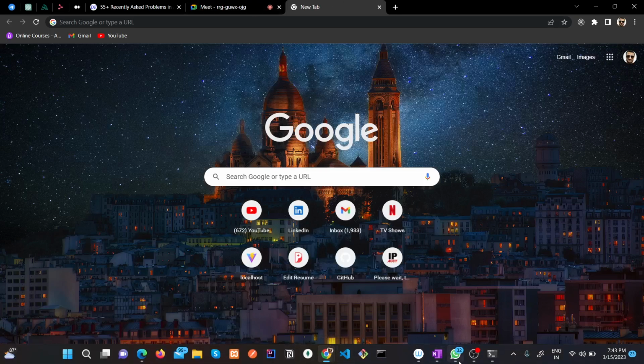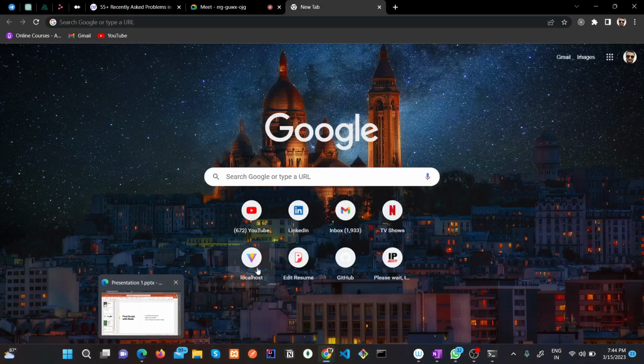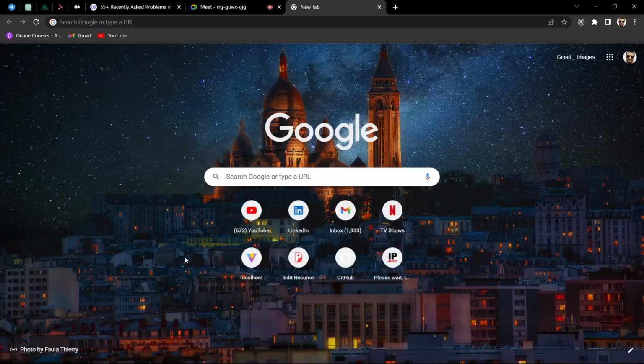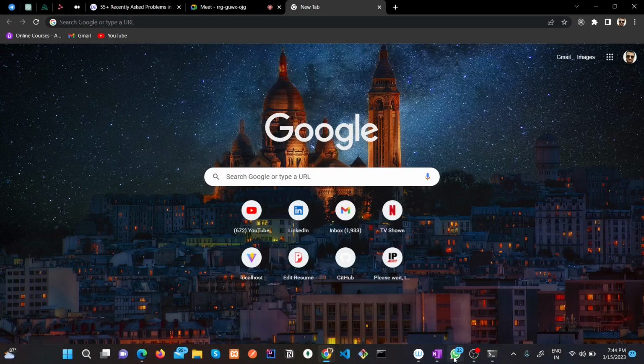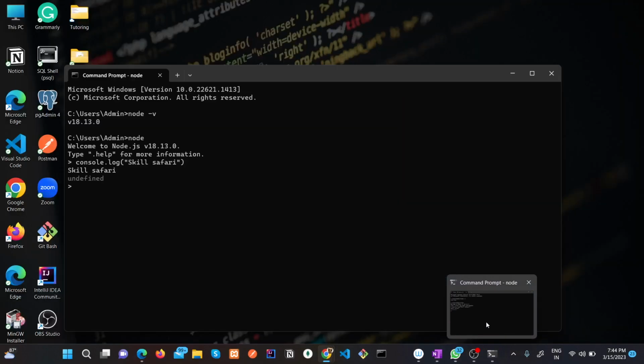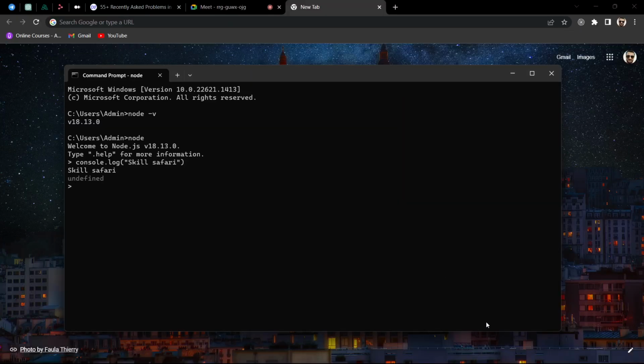Returning means, if you have already worked with JavaScript, when we write any function we have a return statement.